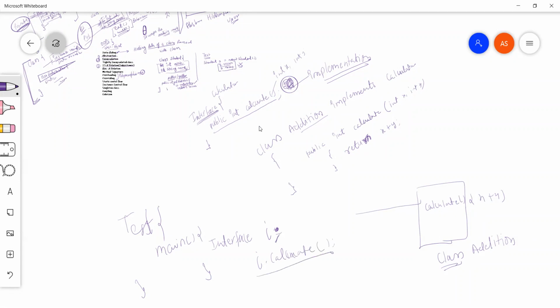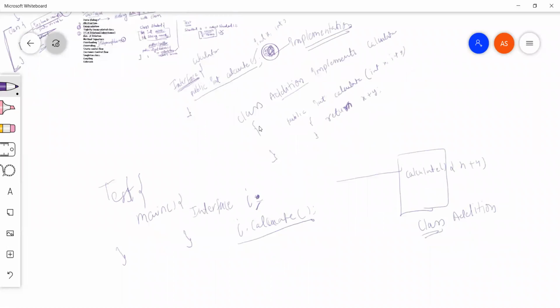Even though it is not a valid declaration for now, we'll talk about this later in detail. From this code, you can see we have a class Test which is having an instance of this interface and calling the calculate method.